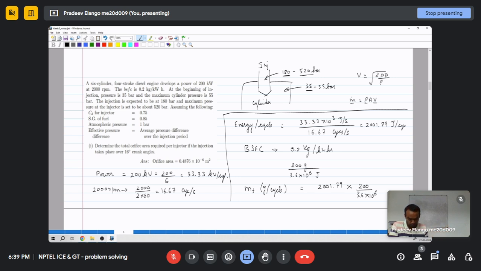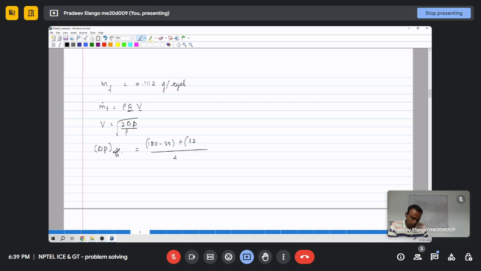So the average of this delta P will give the effective delta P. So this is 305 bar,